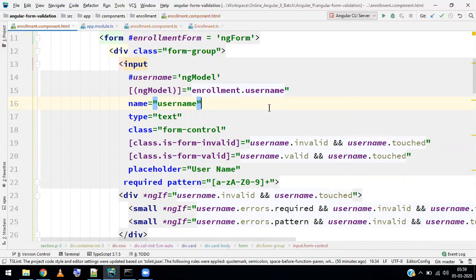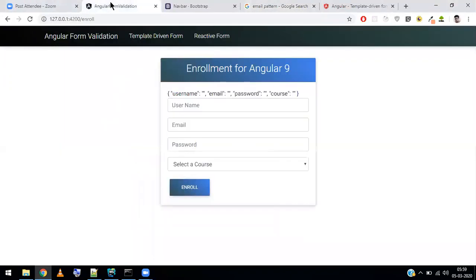But this is very rarely used, and we mostly use reactive form validation. That is more, I mean, easy, and that's most preferable. Fine. So now let's check, and here see username,